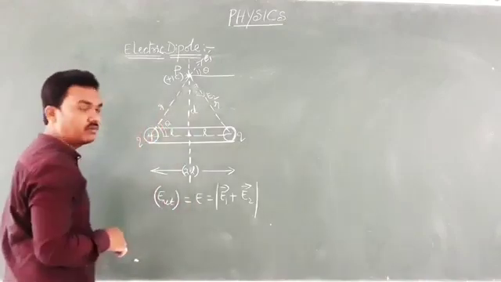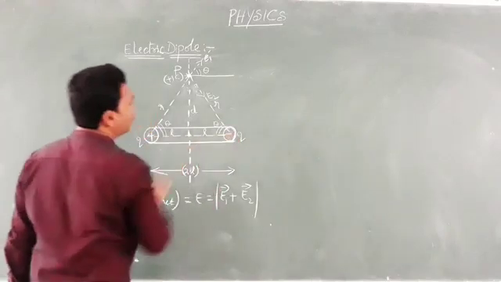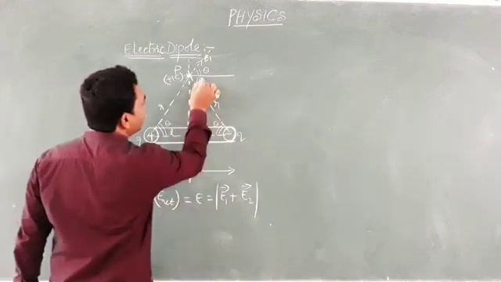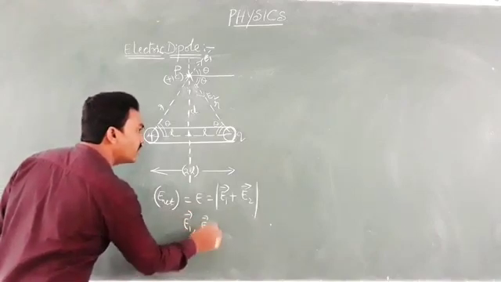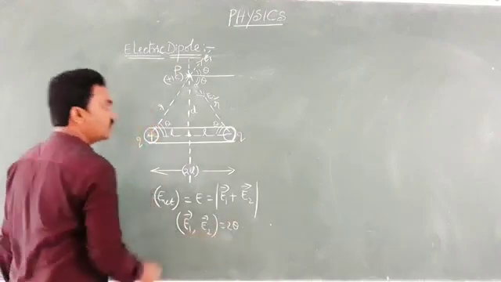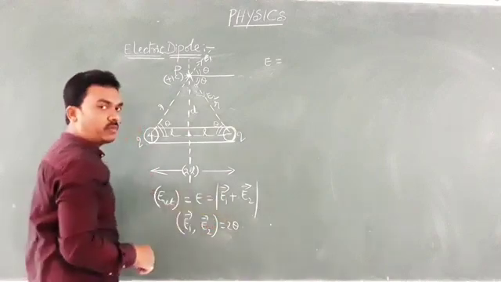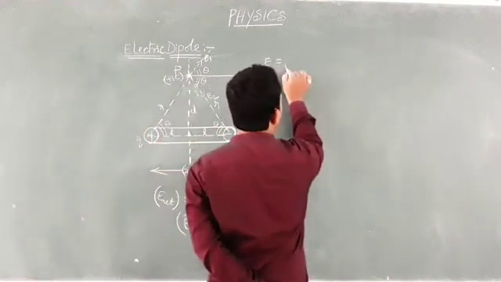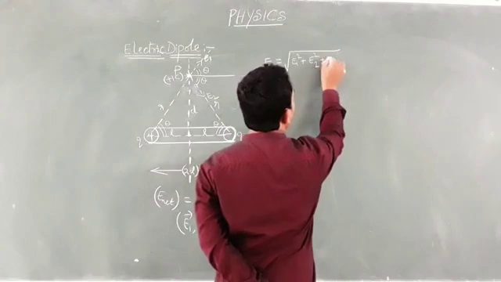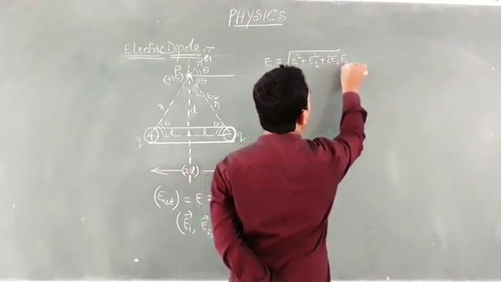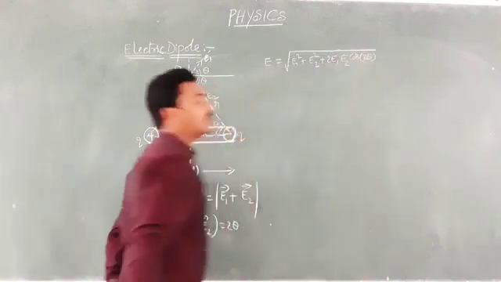So let me suppose this angle made by this line joining the point to the charge with axis is theta. When I suppose this, then I can suppose this theta easily. Next, here, as it is symmetrically located, this angle also will be theta. And this angle is theta, this angle will be theta. Means the angle between E1 bar and E2 bar will be 2 theta. So that while calculating net electric field intensity at that point, modulus of E1 bar plus E2 bar, your equation will be square root of E1 square plus E2 square plus 2E1 E2 cos of the angle between E1 bar and E2 bar.